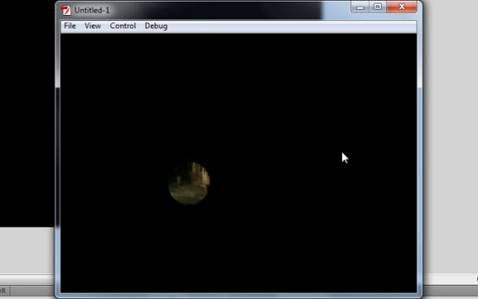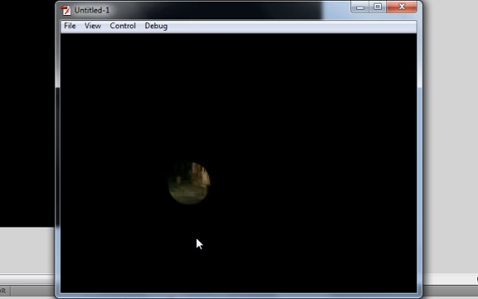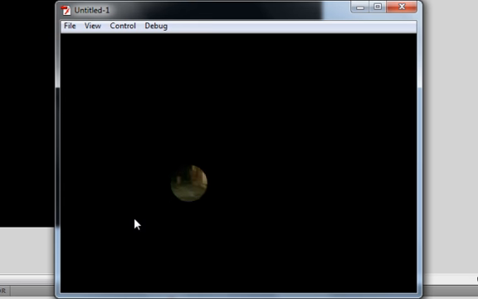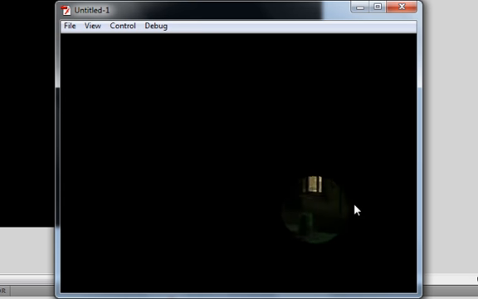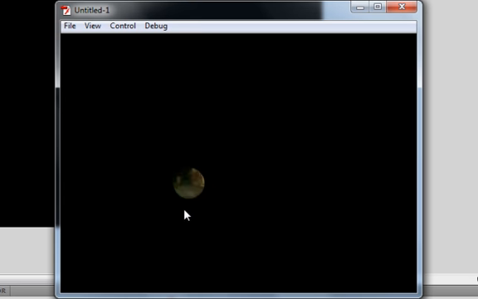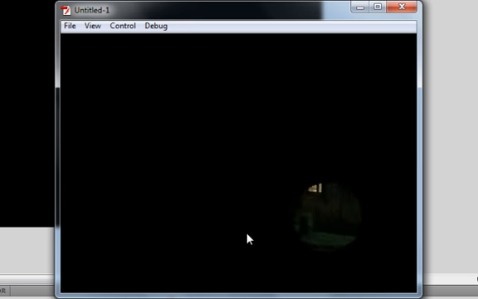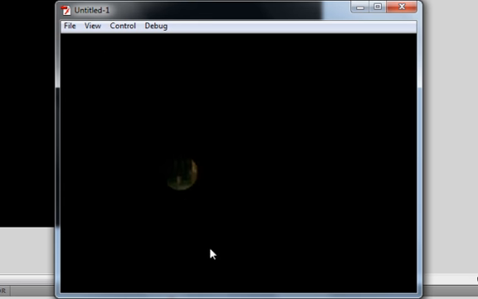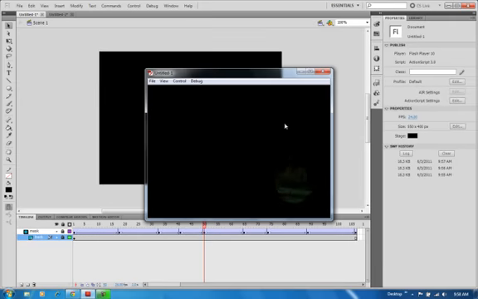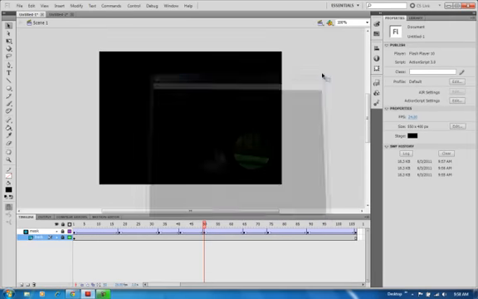As you can see, we've got a circle. It's flying around the screen, but it's only showing various areas of the picture. Now it can be a circle, it can be a square, it can be whatever shape you want. There's no reason why the shape couldn't change into a different shape. As you can see on this one, it's getting bigger and smaller and getting faster and slower. It's up to you how you do this, but I'm going to show you how to make it in the first place. So close that,